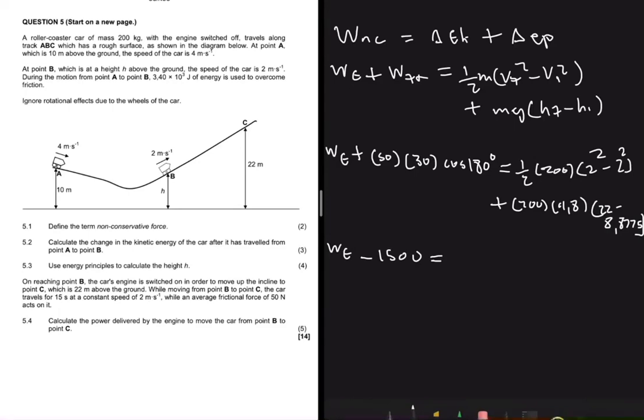The change in kinetic energy is going to fall off, so there's no need to put that. Multiplied by 9.8, the change in height 22 minus 8.8775, and then this gives us 25,720.1. So work done by the engine equals